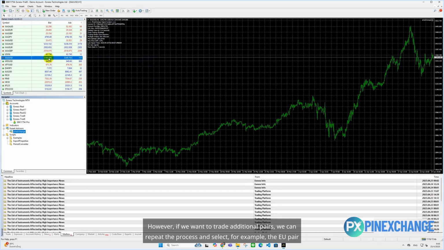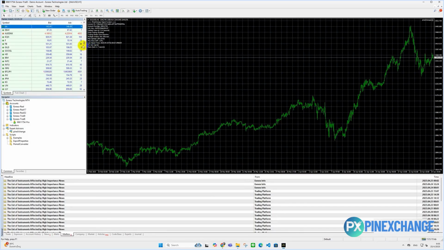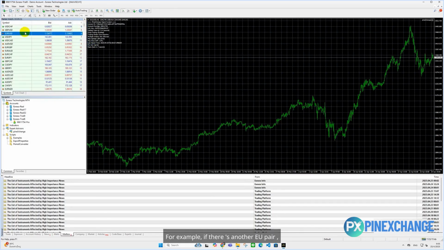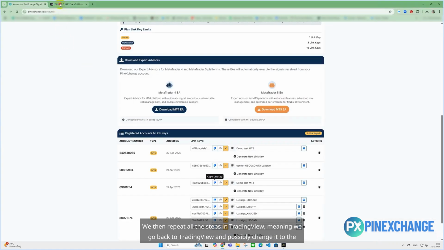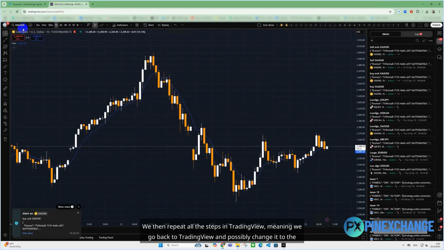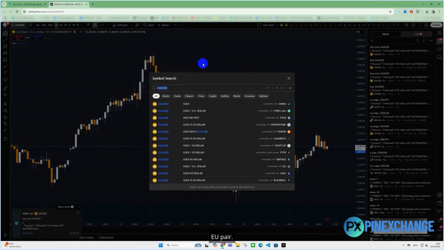However, if we want to trade additional pairs, we can repeat the process and select, for example, the EU pair. For example, if there's another EU pair, we can open the EU on the right side and select the chart window, which will open another page. We then repeat all the steps in TradingView, meaning we go back to TradingView and change it to the EU pair,